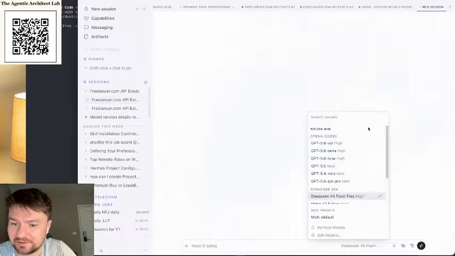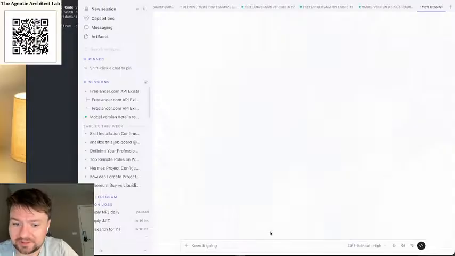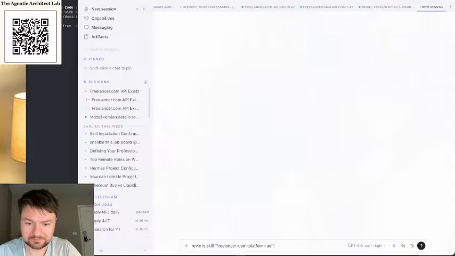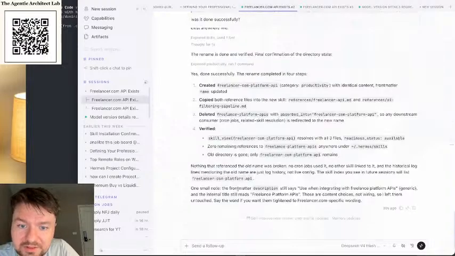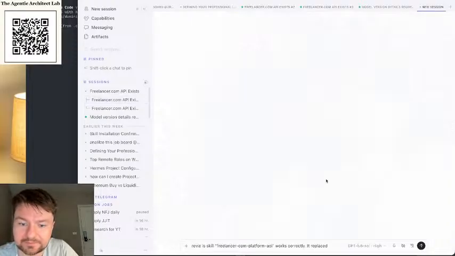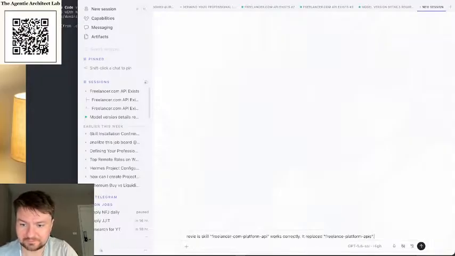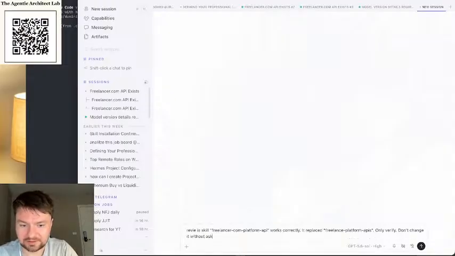I wanted to double check this with GPT, because it replaced the APIs. Only verify, don't change it without asking me. Don't change settings